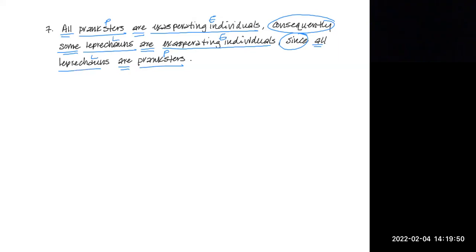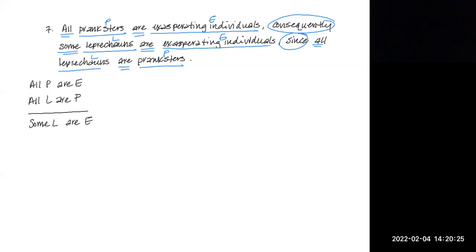But how do I determine, most importantly, where my conclusion is? Well, here I don't have a therefore, but I do have a conclusion indicator word, and that conclusion indicator word is consequently. So the statement starting with consequently is going to be my conclusion. So some L are E is the conclusion. Then I've got all P are E and all L are P as my two